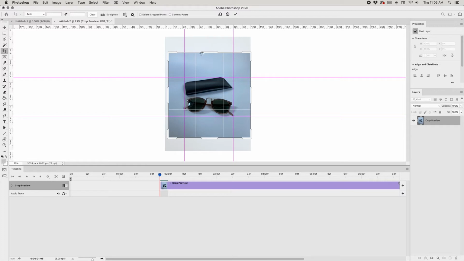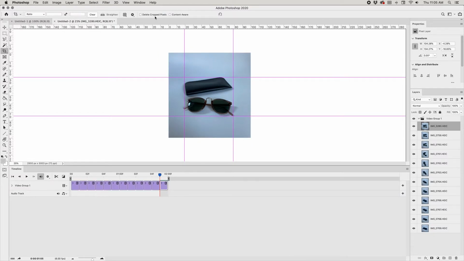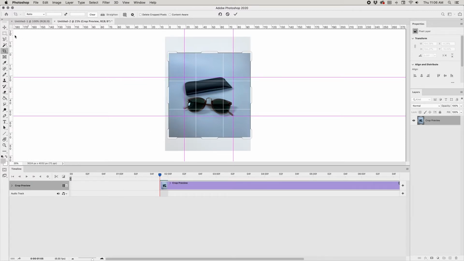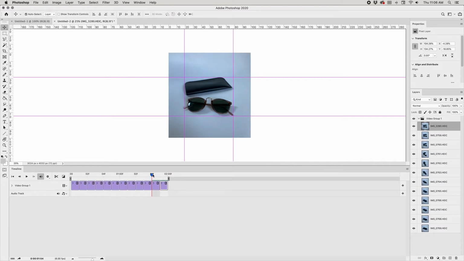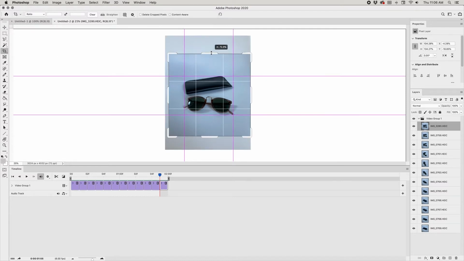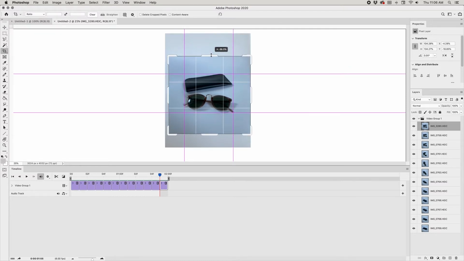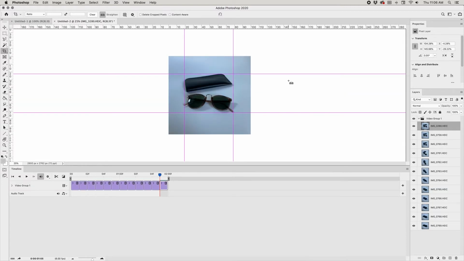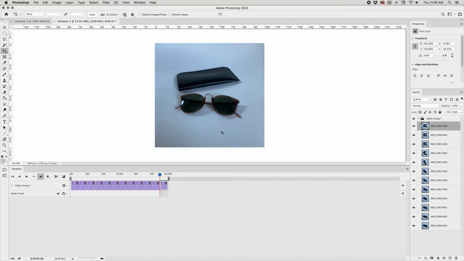Then hit enter. Also, you want to make sure that delete cropped pixels is unchecked, because that way you can go back and recrop depending on what else you might learn. Then I'll go to my end frame and say, all right, it ends a little low. I can probably bring this down even more. Command and the semicolon button is an easy way to bring the guides on and off. That looks pretty good for now, but